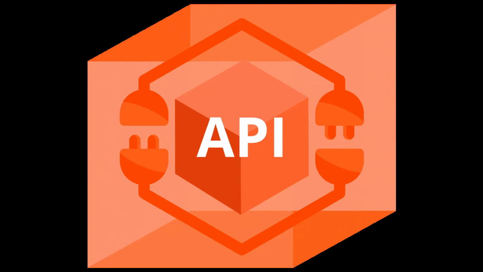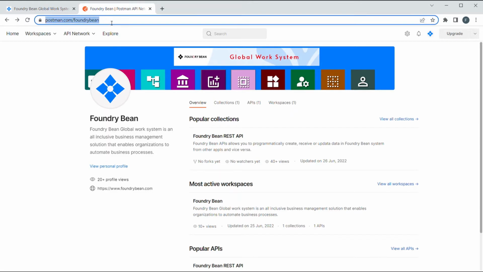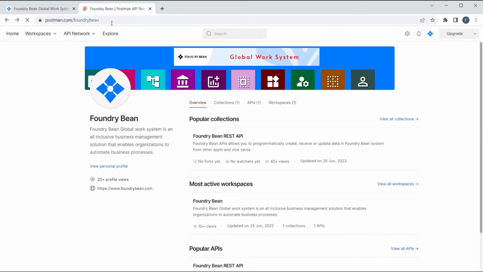And the list goes on from simple tasks to complex ones, and the answer is API. API is the acronym for Application Programming Interface that allows two applications to talk to each other. The complete API specification is provided in Postman, and you can visit